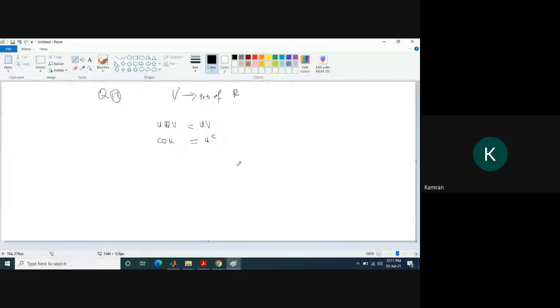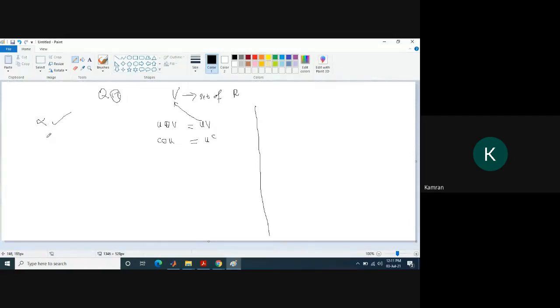देखिए यहाँ पर ये जो ऑपरेशन है प्लस, इसको ordinary multiplication से replace किया गया है और c dot u जो है ना, ये u के पावर में चला गया है. So we have to verify all the properties of a vector space. So first, u is a real number, also v is a real number. So their sum u plus v is equal to u into v. If u is a real number and v is a real number, then their product is also a real number, so they belong to V. So the first condition, condition alpha, is satisfied.